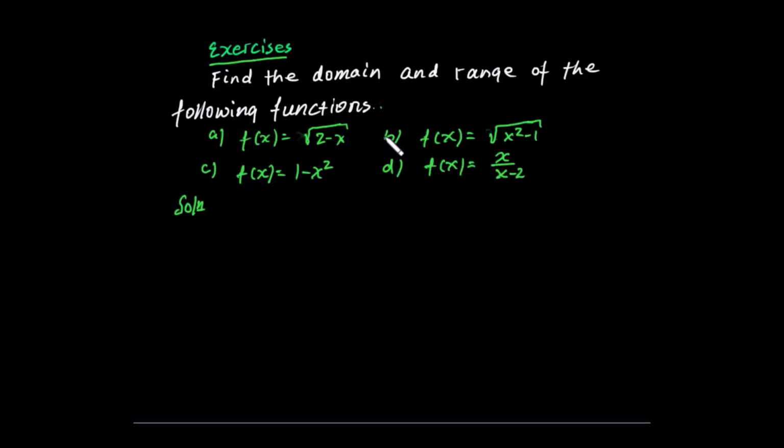To square root of 2 minus x. b: f of x equals square root of x squared minus 1. c: f of x equals 1 minus x squared. d: f of x equals x over x minus